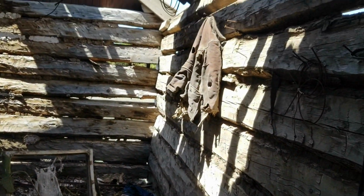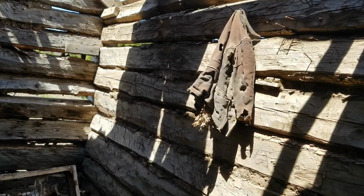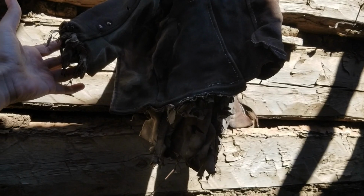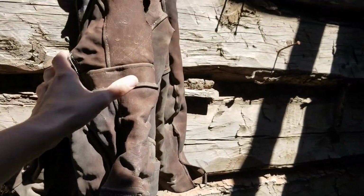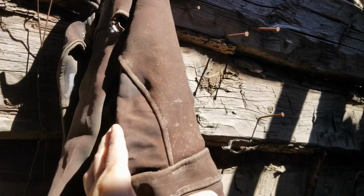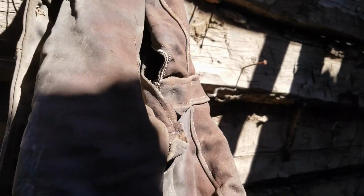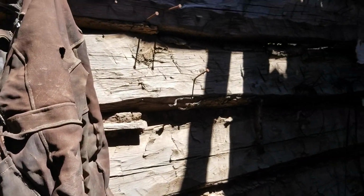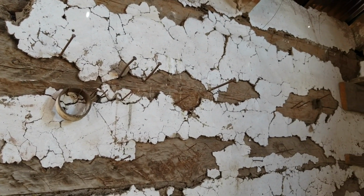Oh man, oh wow, look at this old creepy jacket hanging on the wall. Oh my goodness. It was a leather jacket and it's so dried out with age, it's all crunchy now. Let me see if I can pick it up and show you. Oh, it's kind of attached to the nail it's hanging on, but it's like an old leather motorcycle jacket that's just totally stiff with age. I mean, look, you can see all the nails hanging. Sorry about the light, I know the light's really bad right now, but you can see there's nails in the wall where they would hang stuff. I mean, right now there's only these old tape rolls, but who knows back in the day what was